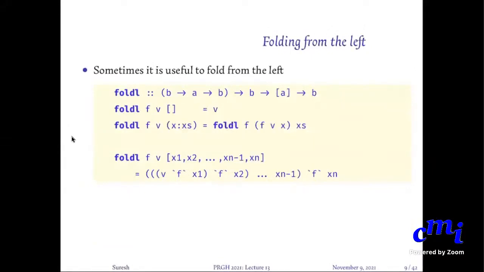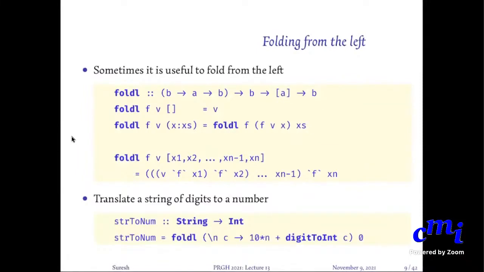Right, and then we saw this sometimes that you will have a problem with folding from the right, and the classical example we gave was string to num. You have something like 2, 4, 5, 6, 8, and if you want to convert it to the actual number 24568, the thing on the left is a string, and one way to do it would be to convert the tail and then try to add the digit 2 to the front. But adding to the front is always a problem, right?